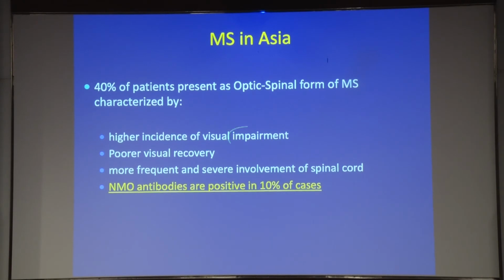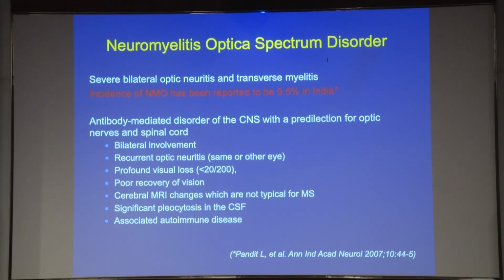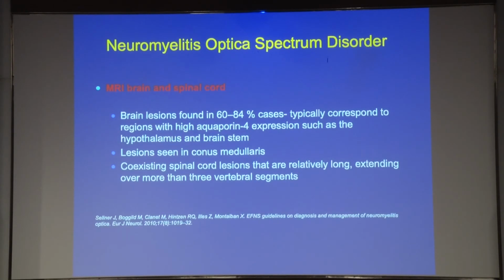There's higher visual impairment, poor recovery, and more severe and significant involvement of the spinal cord. So NMO, the importance is bilaterality, recurrent, profound loss, poor recovery. So these are all changes. Lekhi Pandit, an outstanding piece of work she has been doing on NMO. And it's important,